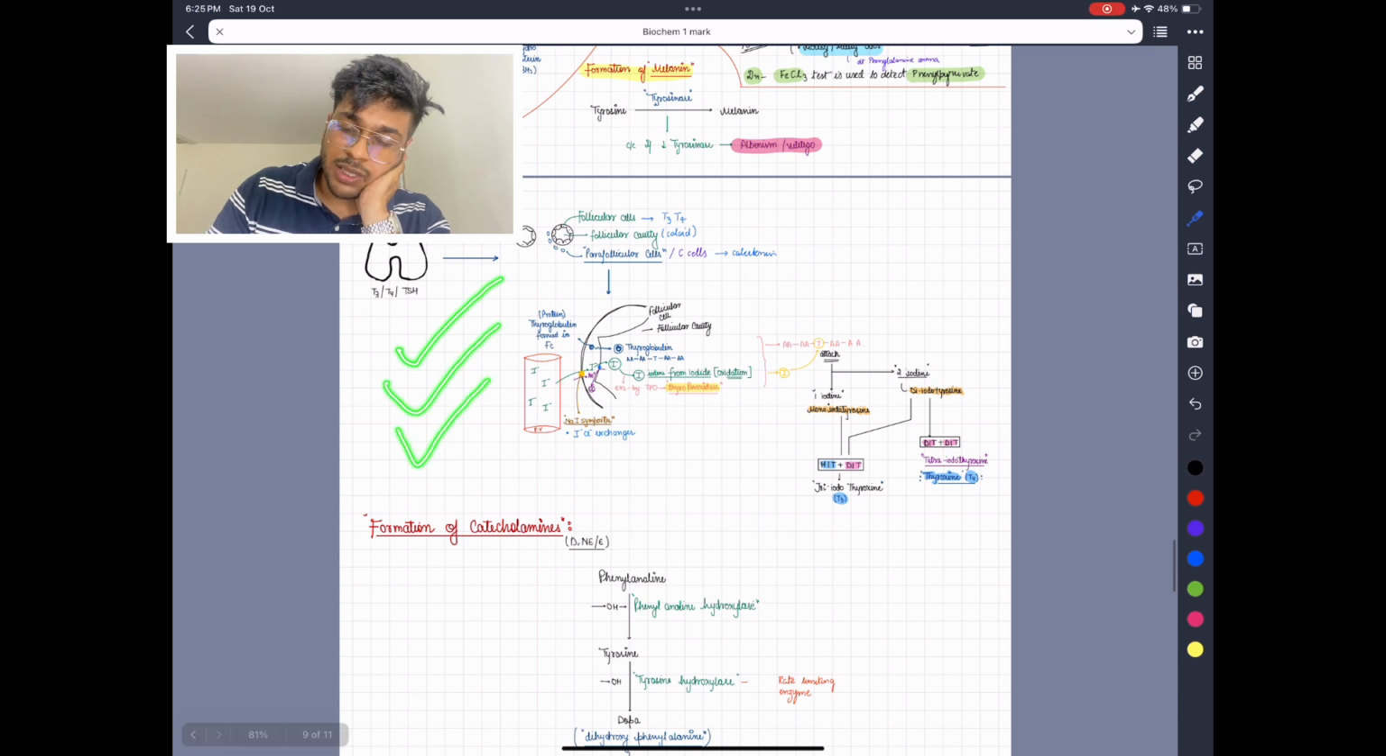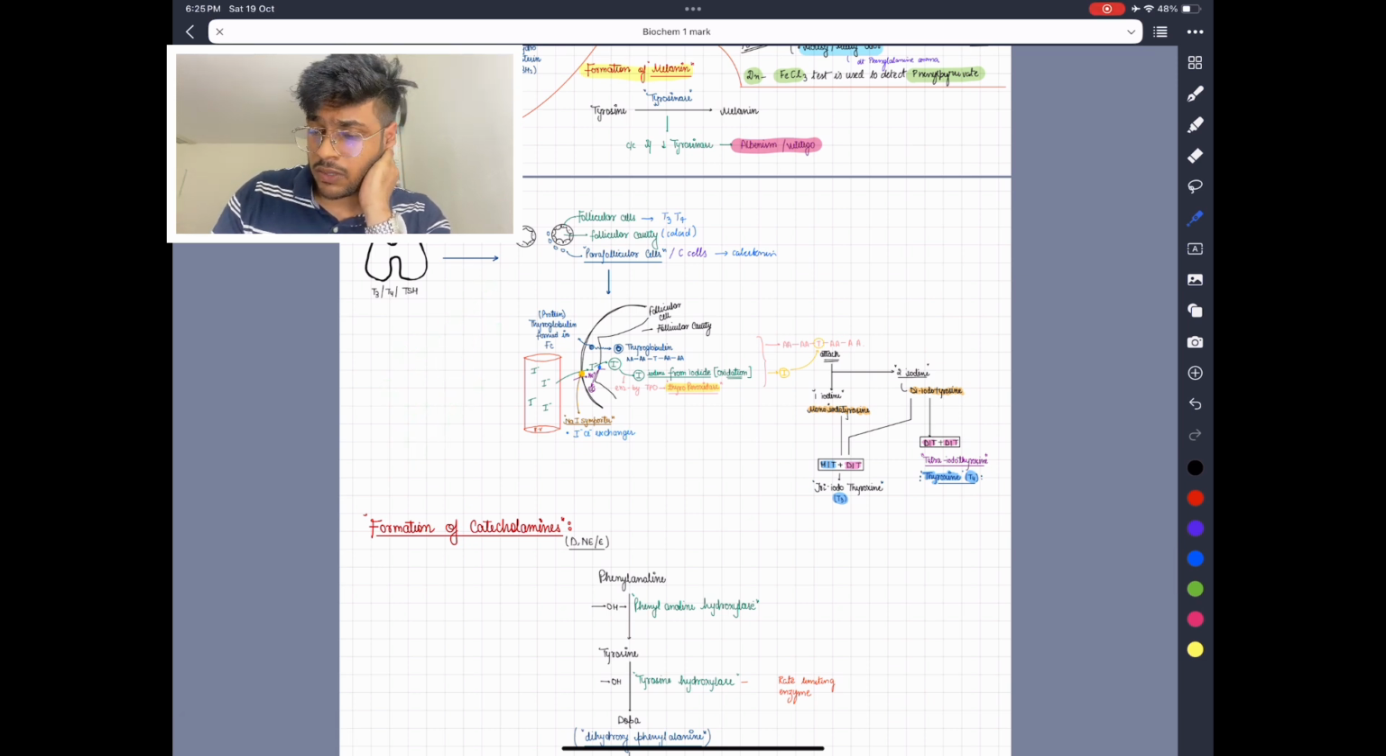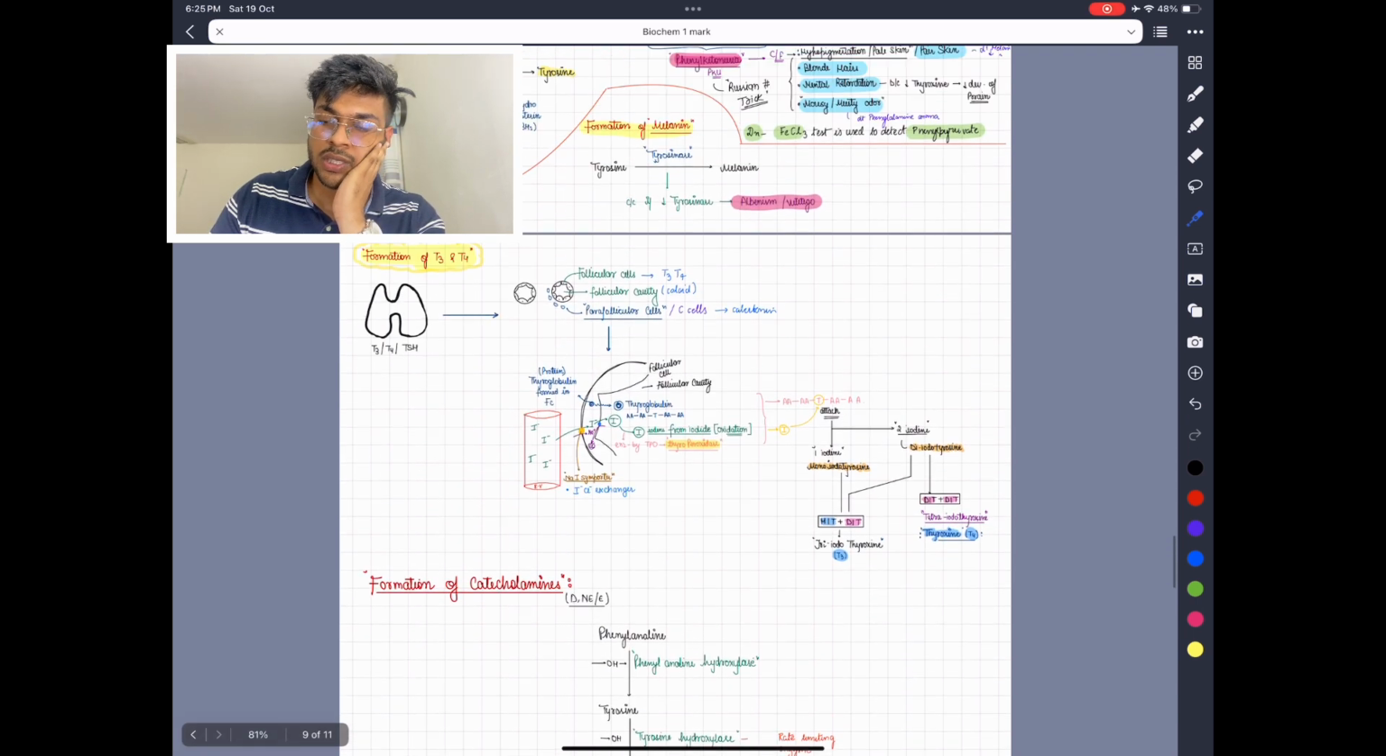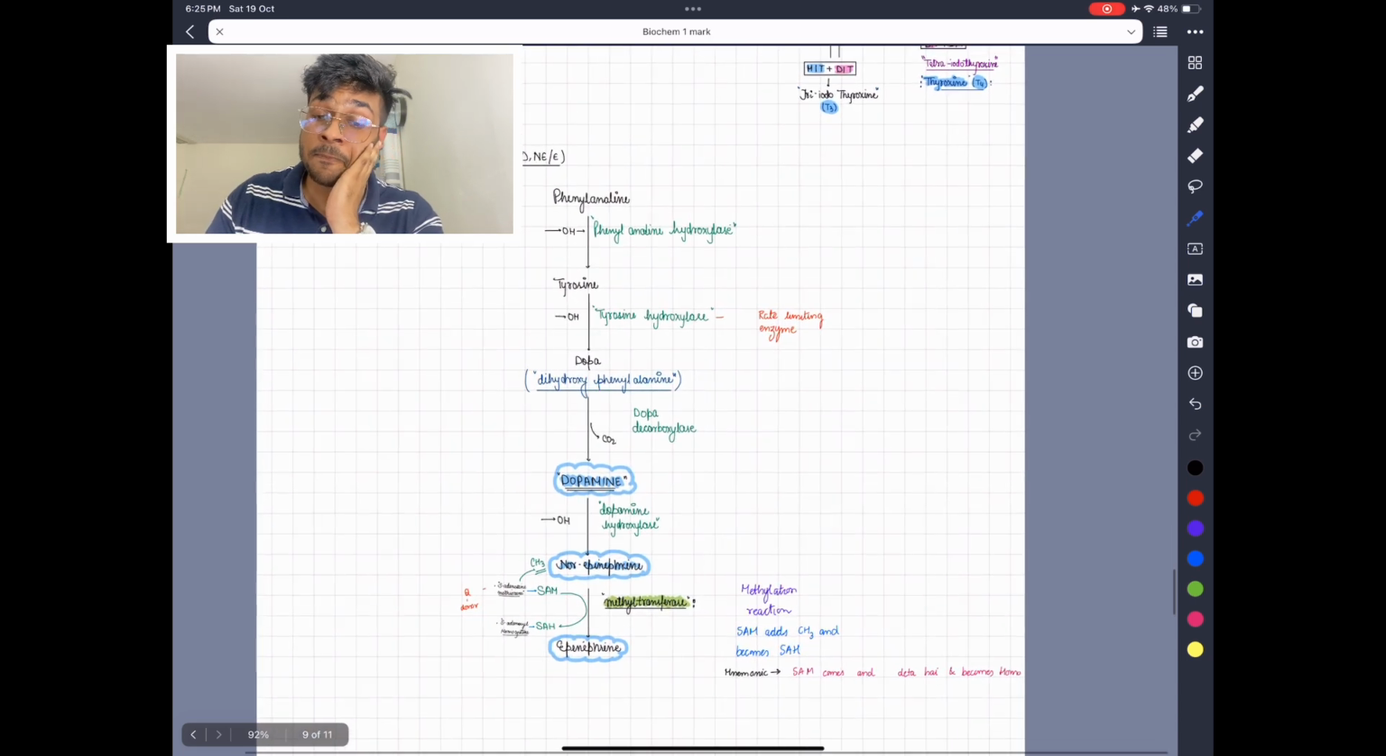If you have done medicine, this will be taught there, so I don't see the need of teaching this, and it will be integrated, so I don't want to go into much more depth into the formation of T3 and T4, but tyrosine is involved over there. Now let's get into